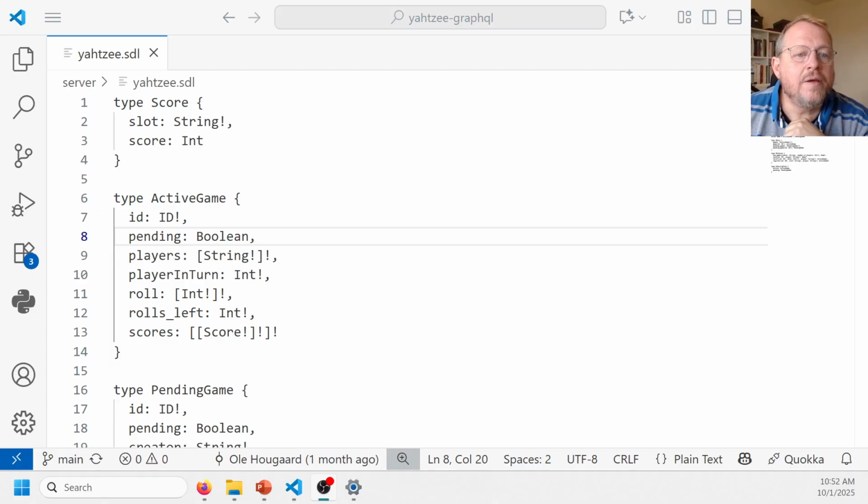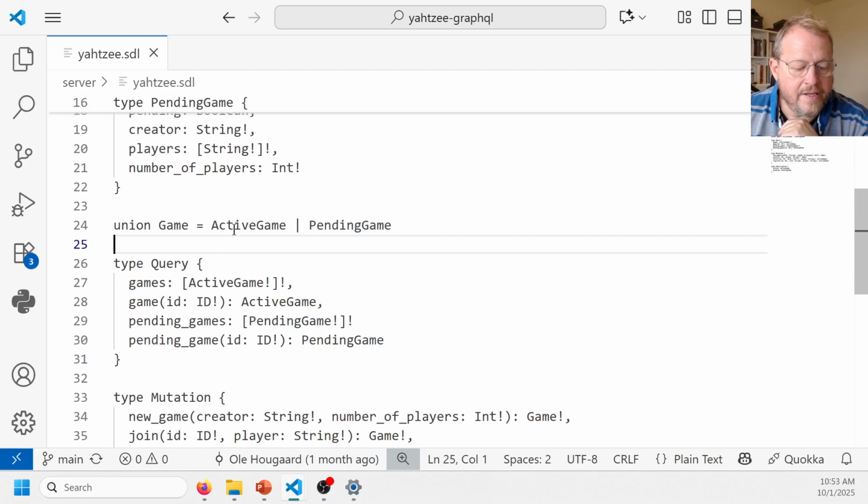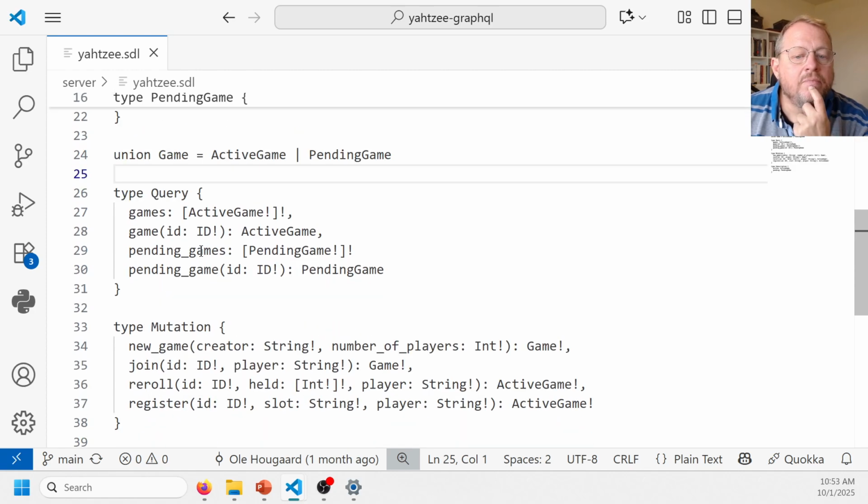We have the types that I showed you: score, active game, and it has a lot more things, but that's the active game, the pending game, and this union, because one of the mutations needs this union. And you can see here I have a query which has these 4 that I already showed you. Then the mutation also has 4 mutations defined,